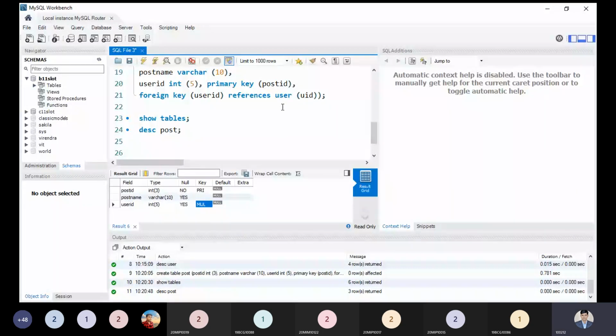Suppose it was a keyword, and you are using this keyword here, then what is the name of the table from which we are taking the reference? So this command will not execute perfectly. That's the reason.